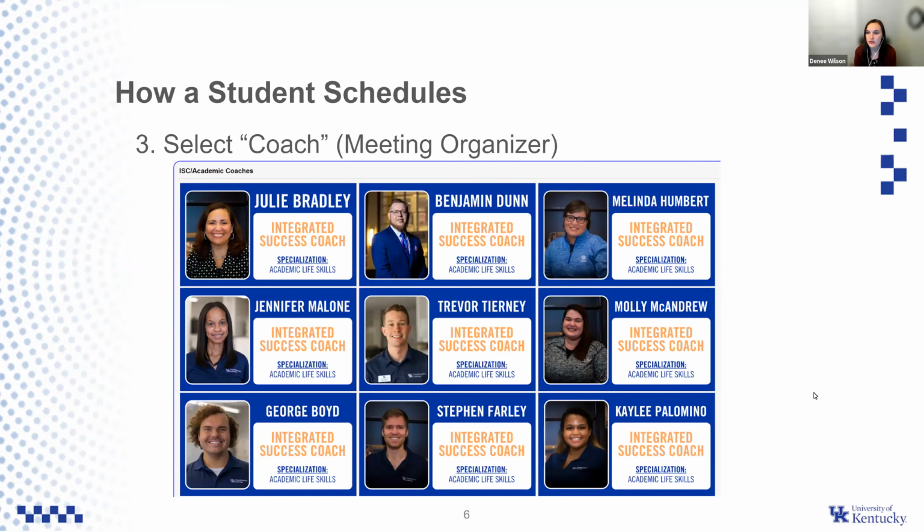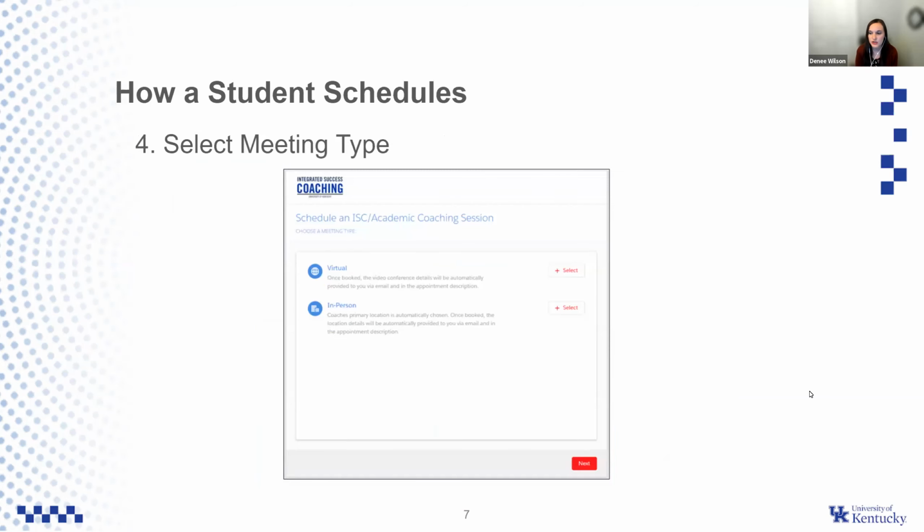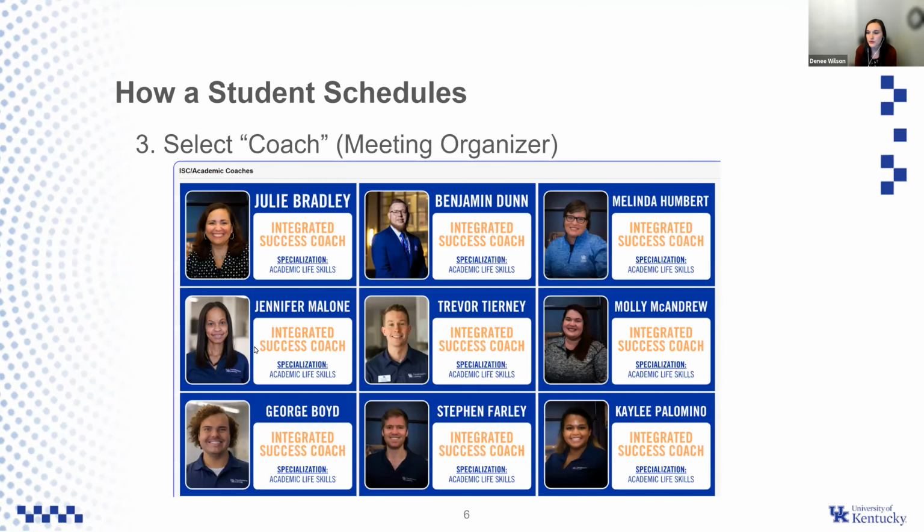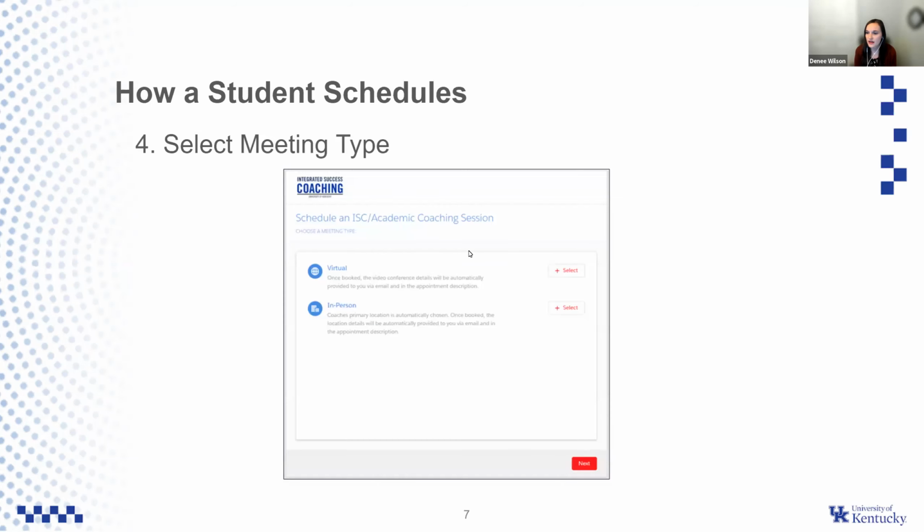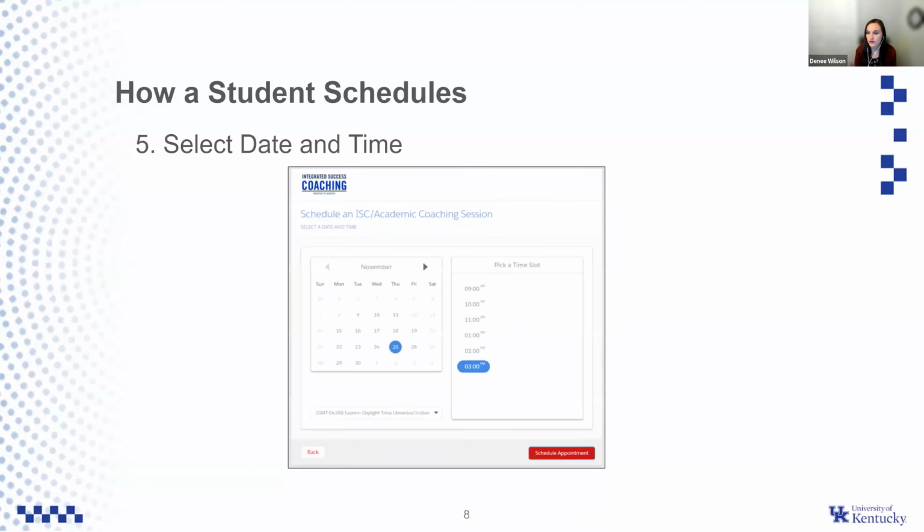And here they can either select a coach. So if they've met with a transformative learning coach in the past and they're familiar with them, they can choose their image. And if not, there is a general scheduling link as well that they can use to schedule with someone new. So let's say I select Benjamin Dunn as my coach. I'll click that, and then the next page, this is where Sumo kicks in. So what we see here is you can choose your virtual or in-person location. So if I select virtual and click next, I'll then see Benjamin's availability.